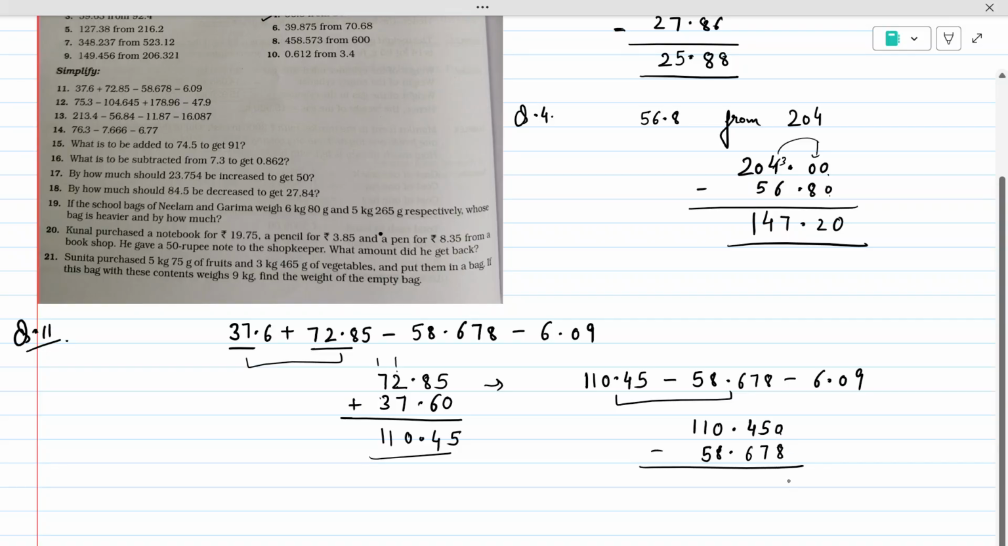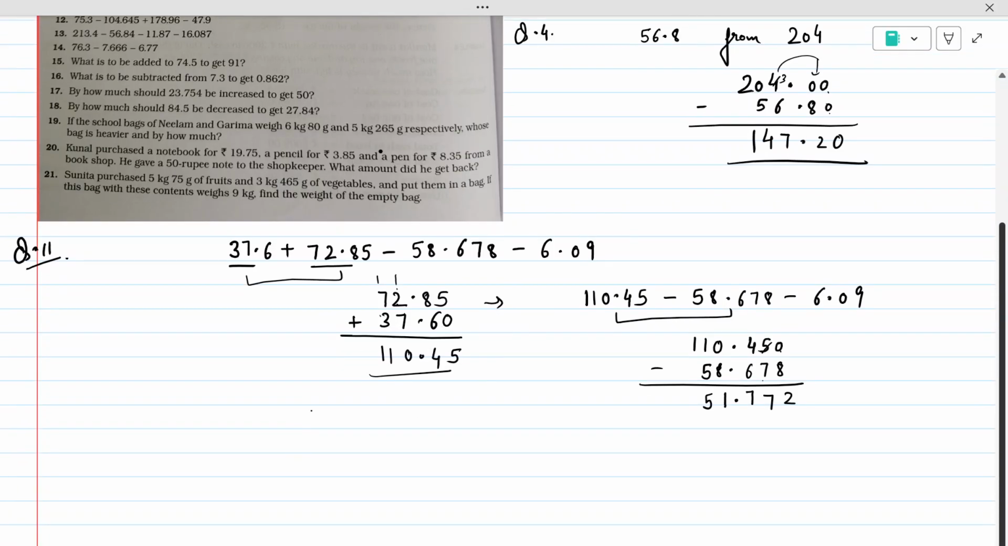10 minus 8 we will get 2. 14 minus 7 we will get 7 here, 13 minus 6, we will again get 7 here. Okay, and here it is 9, 9 minus 8, we will get 1, and 10 minus 5 is 5. So we have got 51.772 after subtracting these two. So this is 51.772. From this now you have to subtract